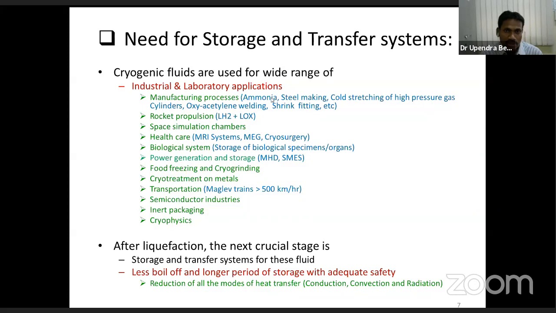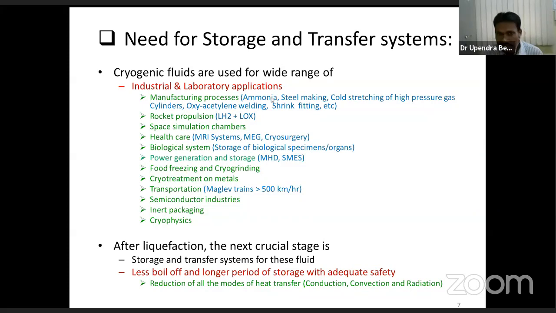whether it is liquid like hydrogen or alcohol, or any solid propellant. Okay. Then also in space simulation, we make these chambers simulate the space condition to test all these space components. In healthcare, MRI without nitrogen and liquid helium is not possible. I have told that MEG and cryosurgery also is another important area nowadays. Biological systems for storing these biological specimens and organs, power generation, storage and transmission, then food freezing and cryo treatment